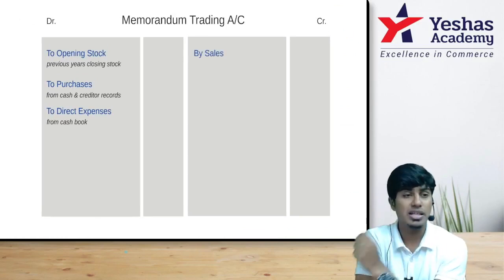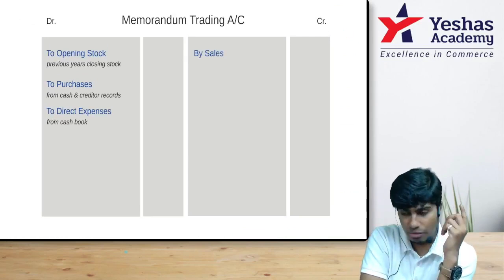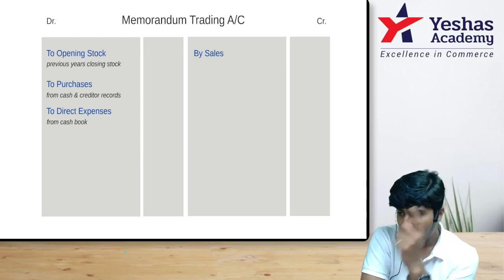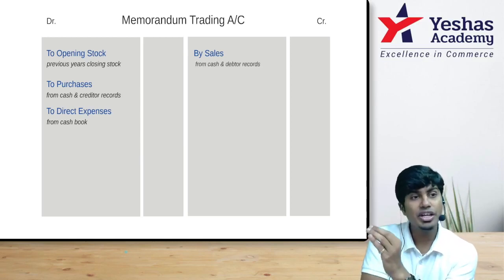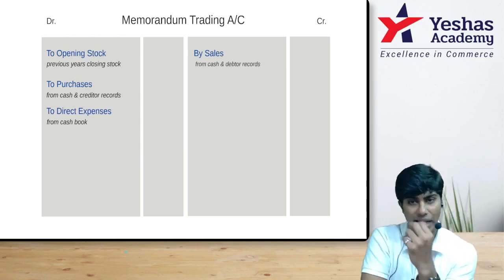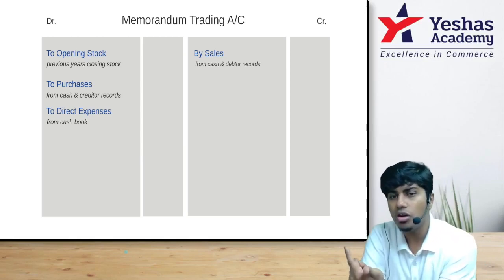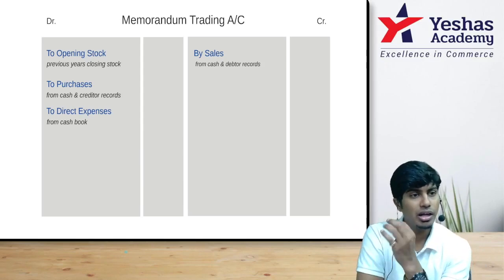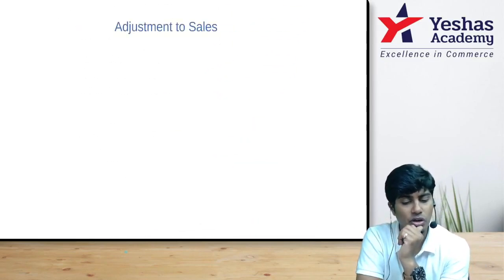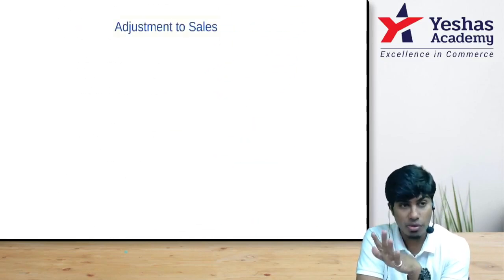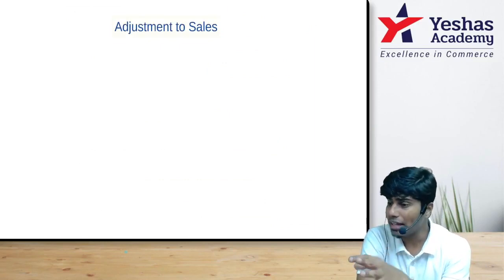After that, we should write sales. Sales will again be written from the beginning of the year till the date of fire. And when we write sales, we need to get the sales numbers from cash records, that is cash receipt for cash sales, and debtors account for credit sales made during the year. There are certain adjustments that you need to be cautious about when you do adjustment to sales. Number one, it should be done on what? Actual basis.